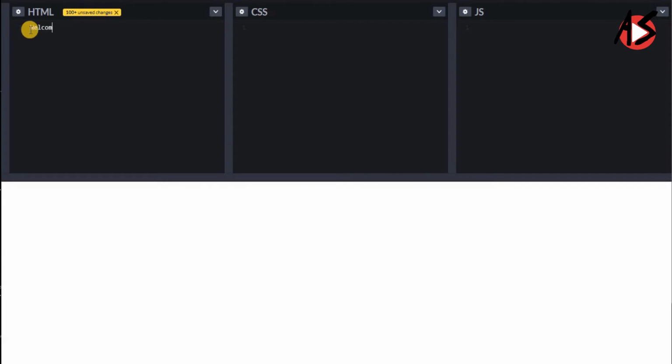Suppose I write welcome to animated study, and you can see your output is displayed normally on the web page. So what you write, you can see it over here. So this is simple HTML, you can write plain text and it is displayed. But in HTML, you write some tags. Suppose this is a paragraph, so you write a paragraph starting tag and ending tag with the less than and greater